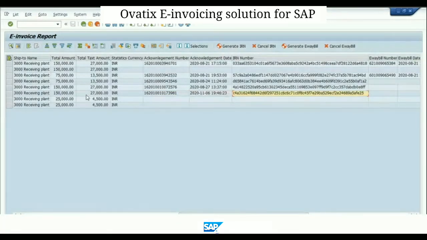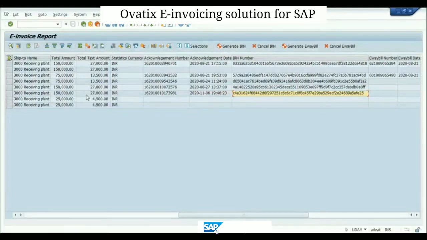This is currently from the government sandbox server, not from the government live server. We have one sandbox server given by the government, and we push data there for testing purposes, and this data is coming from there. This way the IRN number will be received back and saved here. Same thing is for the e-way bill.